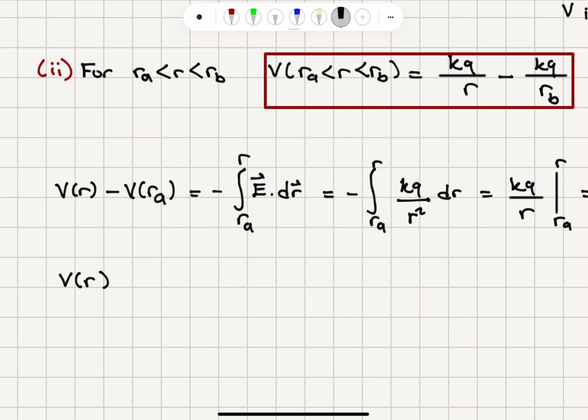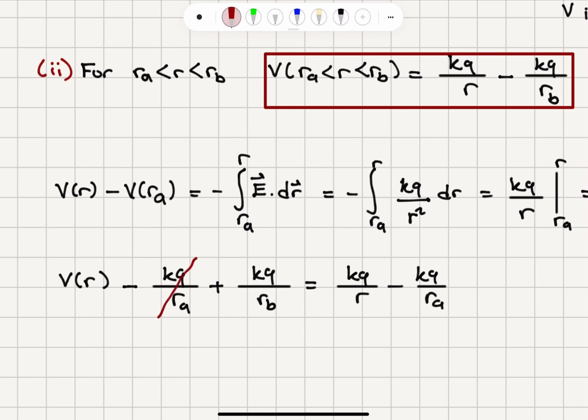What is the potential at Ra? It is kq over Ra, so with the minus sign this becomes minus kq over Ra plus kq over Rb is equal to kq over r minus kq over Ra. So these kq over Ra's will disappear from both sides, and I will be left with